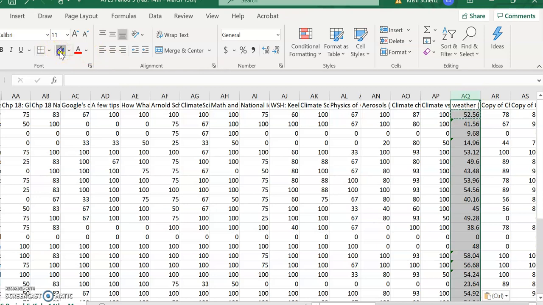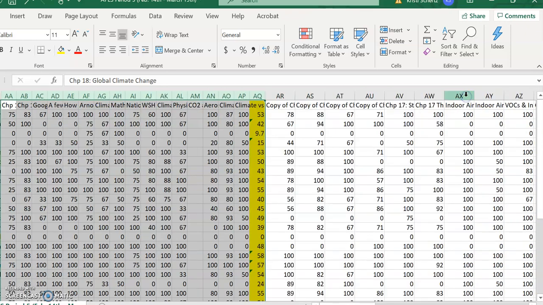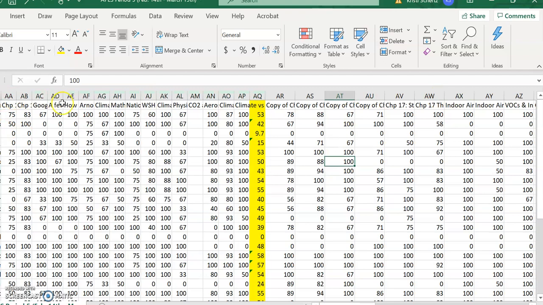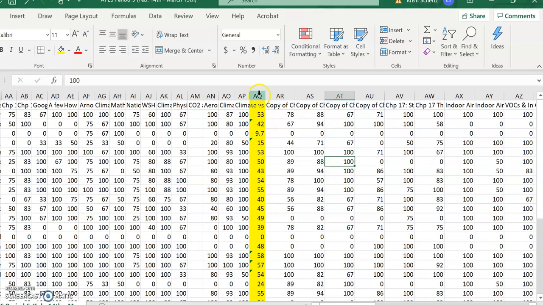So I highlight that, and I know this is the number that I'm going to put into my grade book. And then I print it because it doesn't quite import into Infinite Campus. So I've just shrunk all of these, so when I click print, it will print on one page and saves paper. And so you should have everything